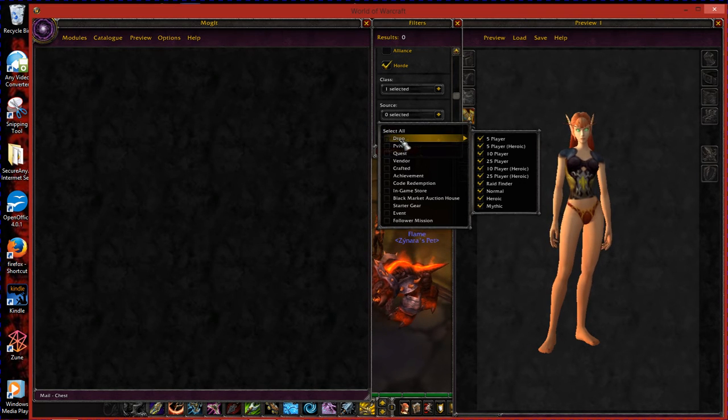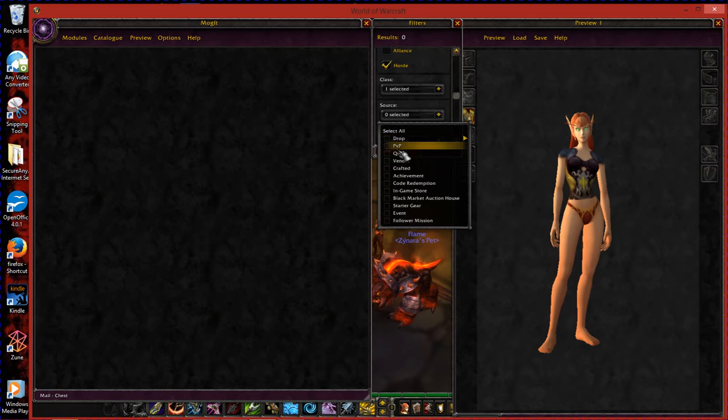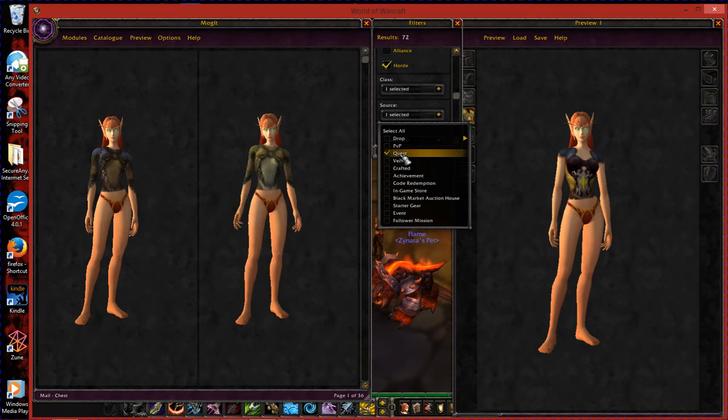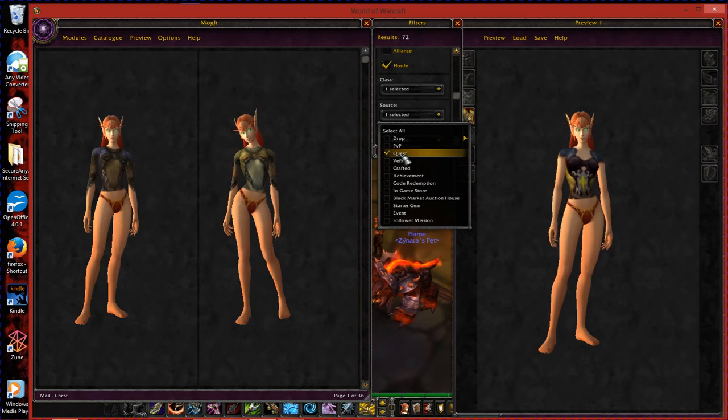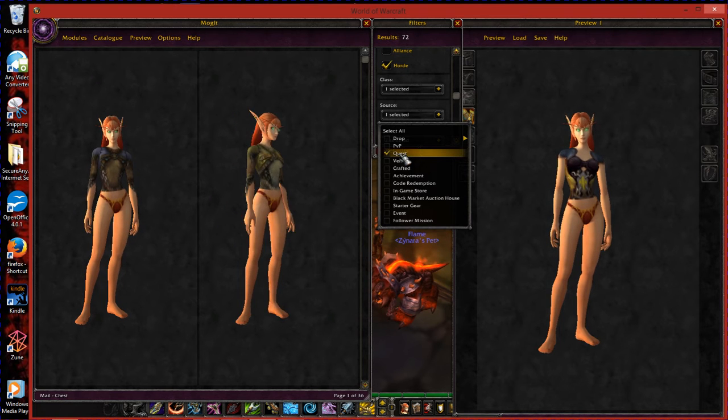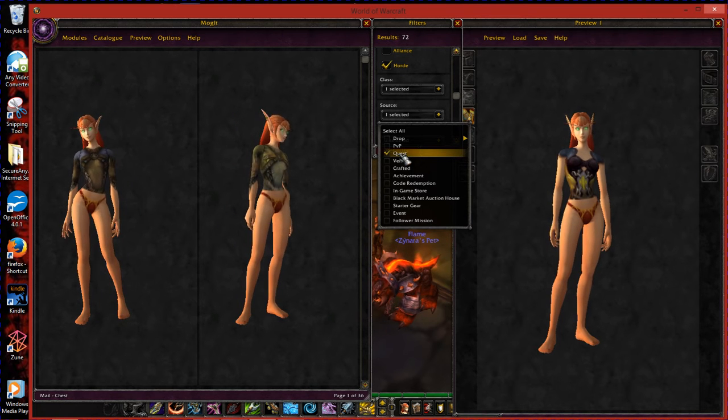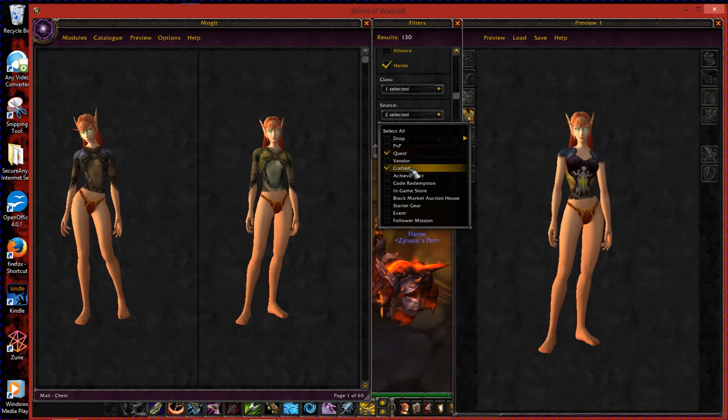If you want to look for drops, which can be anywhere from a 75% drop to a 0.01% drop, which is absurd. But hey, if that's what you want to look for, you don't mind spending time farming, you like having the additional options, go right ahead, choose it. I don't like farming over and over, except for two pieces I've done that with, but that was for the Heartstring Bow, which is beautiful, and crafted.